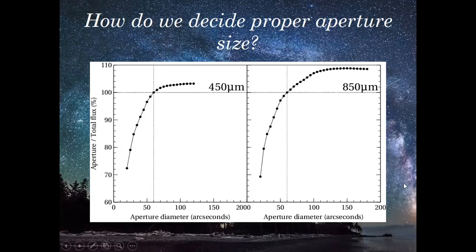Now, how do we decide the proper aperture size? Aperture is basically the collection size, the collection aperture for properly getting your flux. If you keep your aperture to be of more diameter than the object that you're observing, you will add more contribution from the sky. So if your aperture is very big compared to the source you're observing, you will collect some extra flux from the sky contribution.